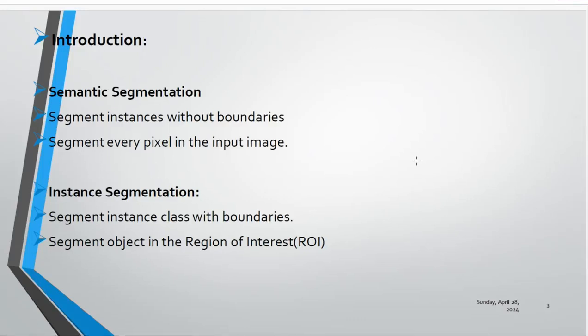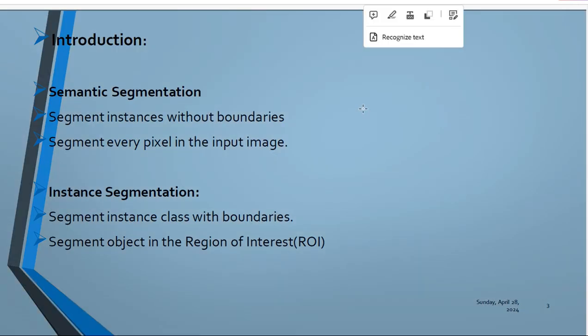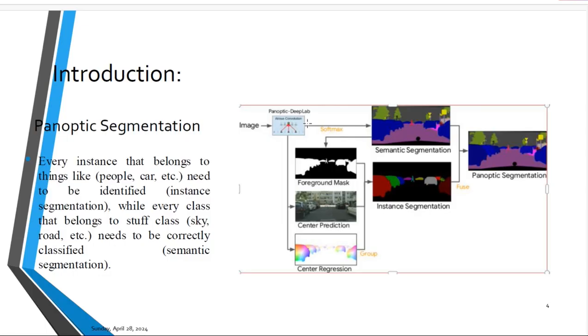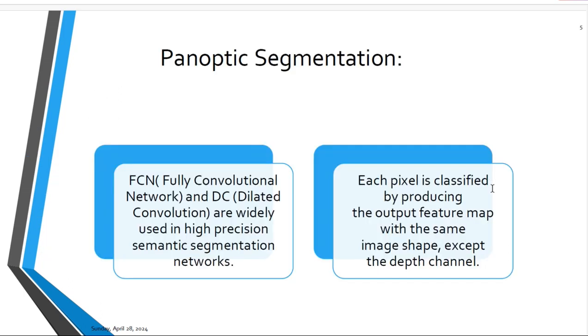It is panoptic segmentation. Let's see what panoptic segmentation is. It is made up of two parts, semantic as well as instance segmentation. So this is the panoptic segmentation diagram. It is made up of this semantic, which basically groups the same instances into the same color. Then this is the instance segmentation, which gives a different color to the different instances. Then we are concatenating semantic and instance segmentation into one part, which we are calling panoptic segmentation.